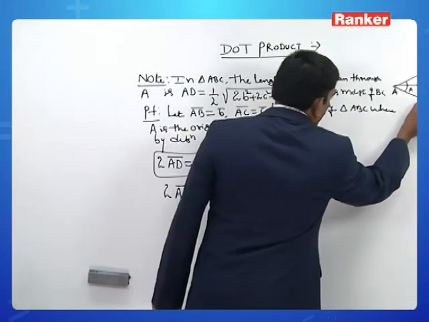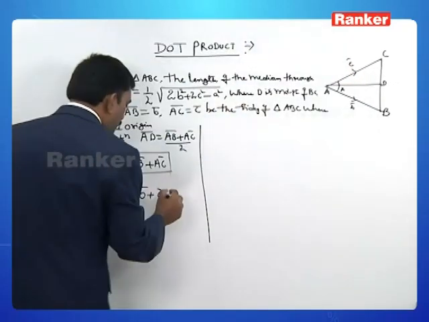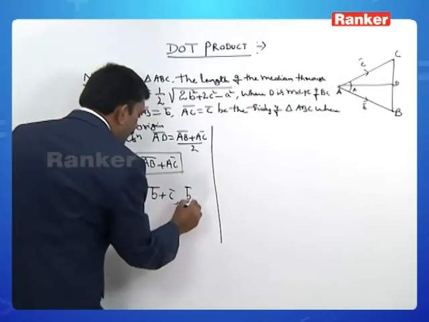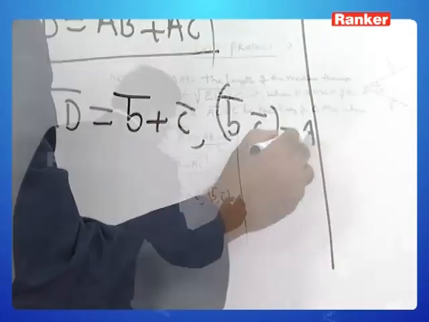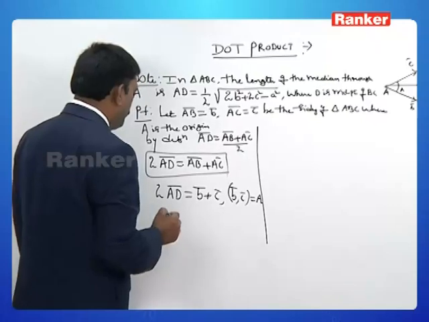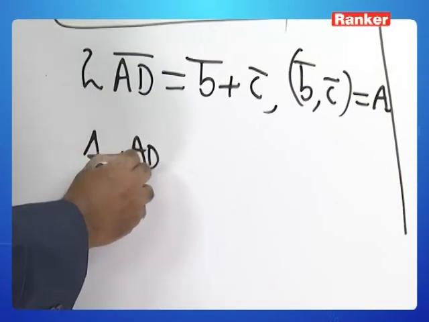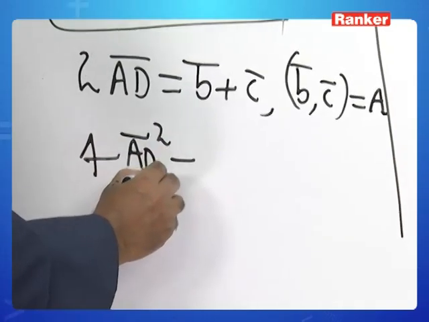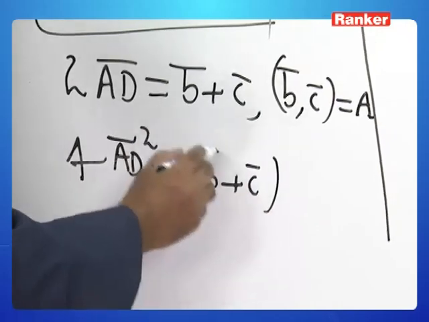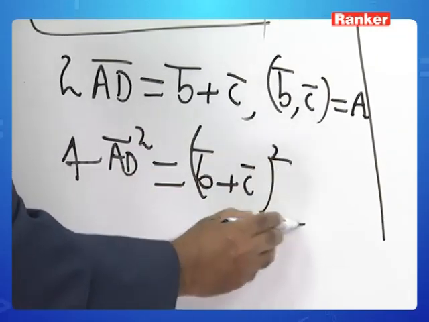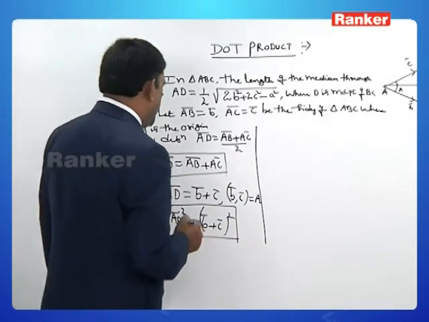If I take this as b bar and this as c bar, the angle between b bar and c bar is equal to A. Squaring on both sides,